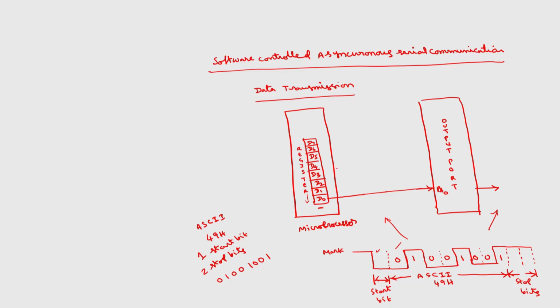Then we have the write bar signal, because this is a writing operation. This output port, if you take it as 8255 or anything, will have a chip select bar signal. The microprocessor will have an address bus, and using this address bus and an address decoder, you can generate the chip select. This is the address decoder.